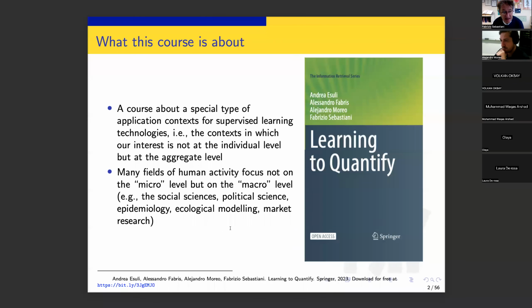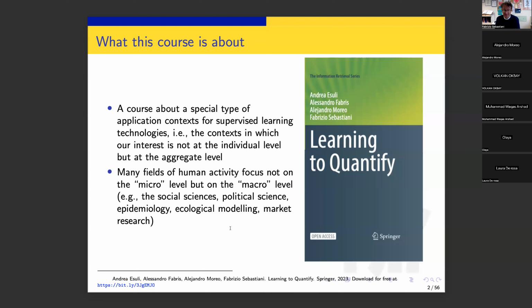So first, let's say what this course is going to be about. It's essentially a course about a special type of application context for supervised learning technology. The contexts we are going to address are contexts in which we are not interested in predictions or decisions at the individual level, but in predictions at the aggregate level. And this has to do with the fact that there are many fields of human activity where the focus is on this aggregate level and not on the micro level